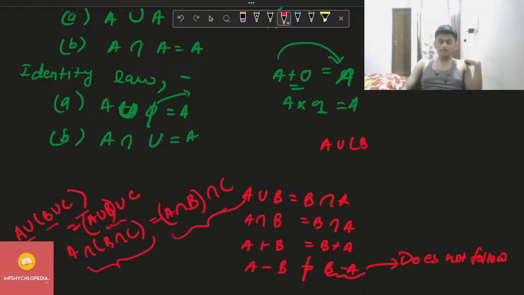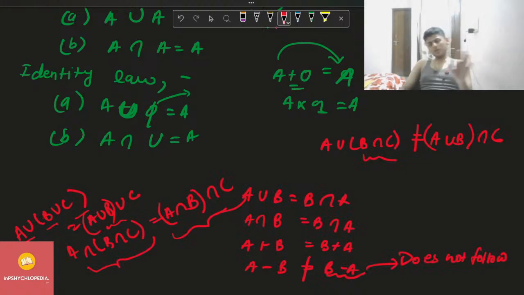A union (B intersection C) is not equal to (A union B) intersection C, because here whatever is common between B and C is being taken along with everything in A, but here everything common between A and B is being taken, everything in A and B is being taken common with C. So some part of A will come out more in this case than in this case. So that is why these two are not equal,